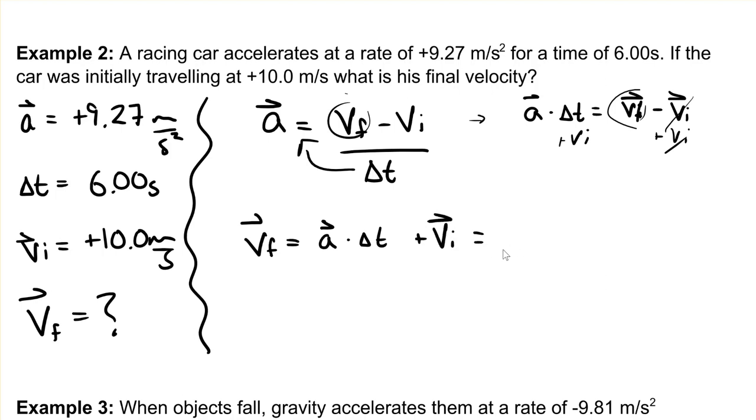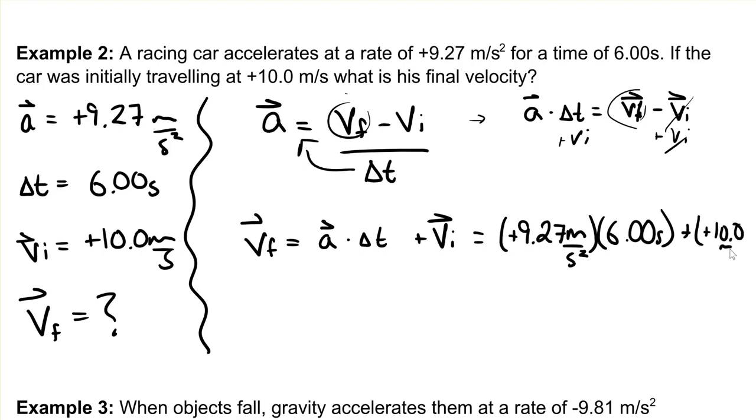So let's go ahead and plug in all the information. The rate of acceleration is positive 9.27 meters per second squared. How much time? 6.00 seconds, plus our initial speed was positive 10.0 meters per second. So you do this on your calculator: 9.27 times 6 plus 10 is going to be